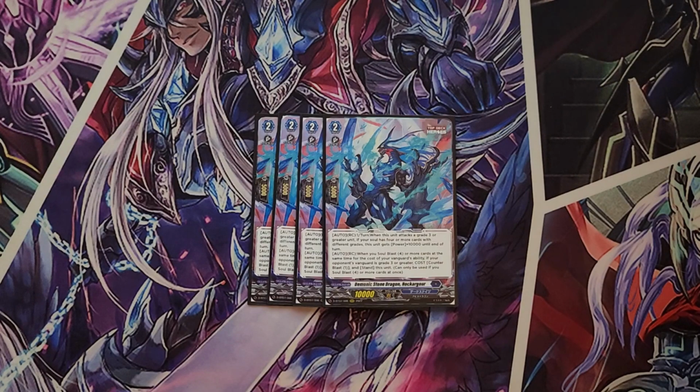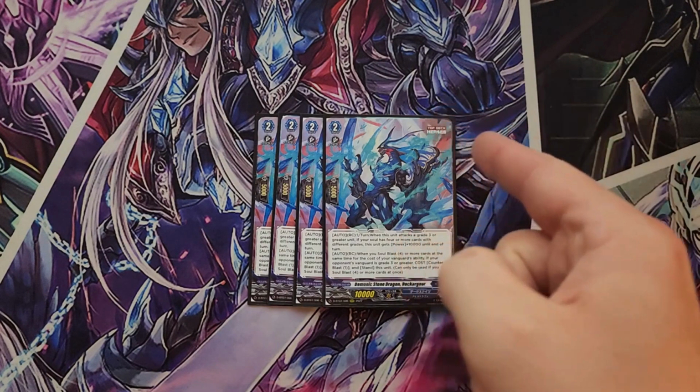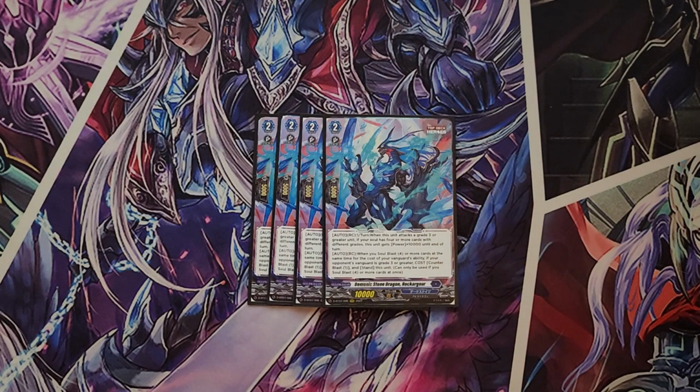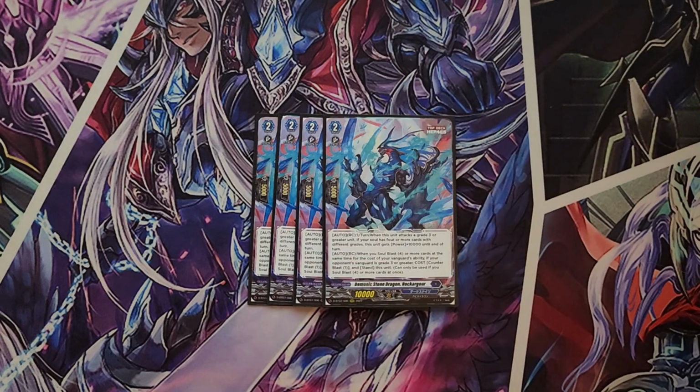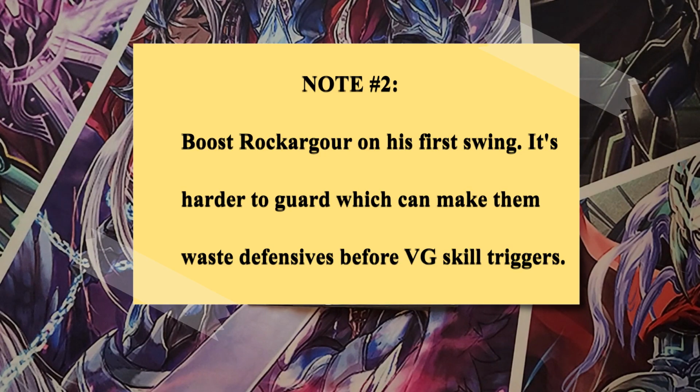Now, a couple stipulations about Rockargour. First off, the first skill to get 10k, it procs only once a turn, but it's whenever it swings, and it is until end of turn, that 10k bonus. So just swing at the first, it gets 10k until end of turn, then restand and go again. Now, you don't get the 10k again, but because it lasts until the end of turn, you effectively got 2 uses of that 10k power up. That's really nice. Second thing to note though is that both of this guy's skills are locked into the opponent